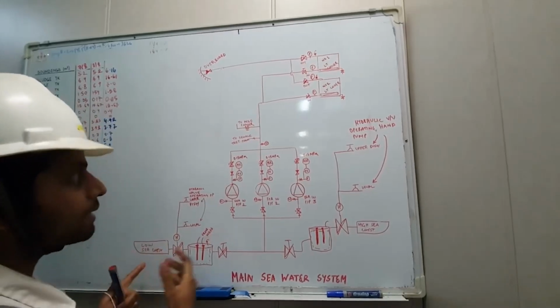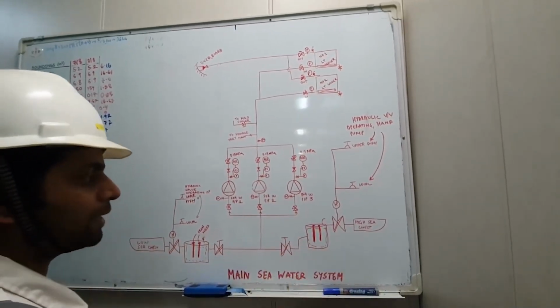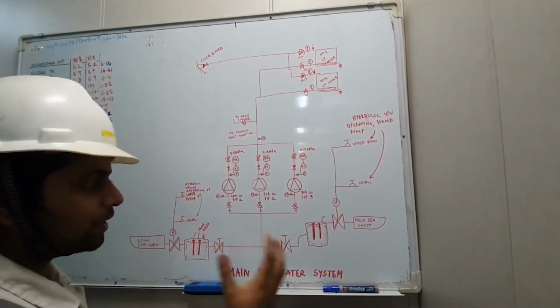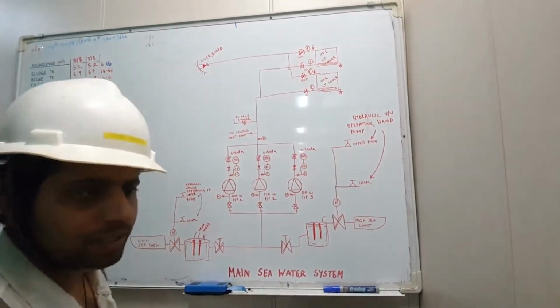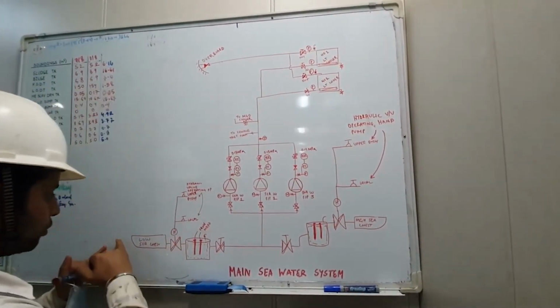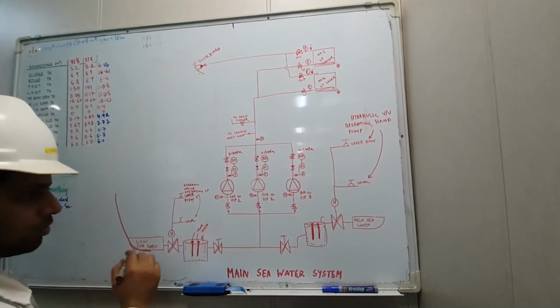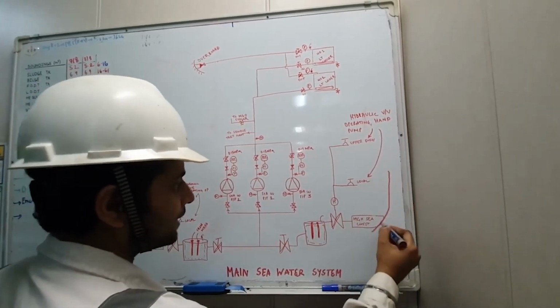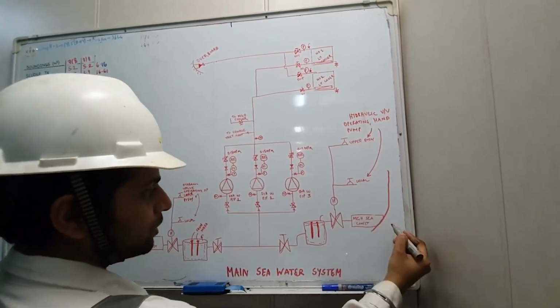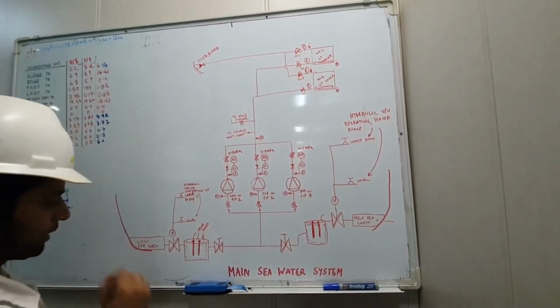So this is a line diagram of the main seawater system on board my ship. I made it over here, and let us see how you need to understand a line diagram. I have got a low sea chest. So this is my ship side like this over here, right? This is the lower sea chest and this is the higher sea chest, because this is at a higher level. So water is coming from here or over here, right?